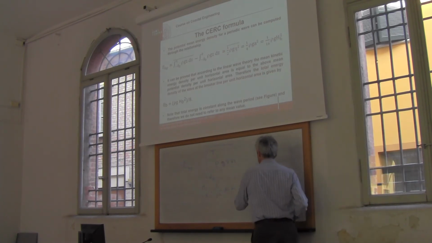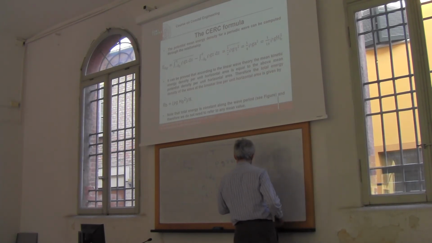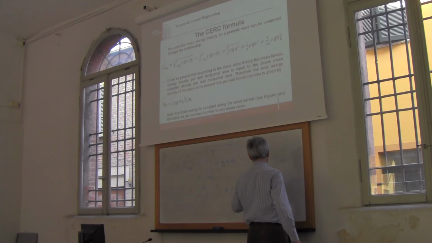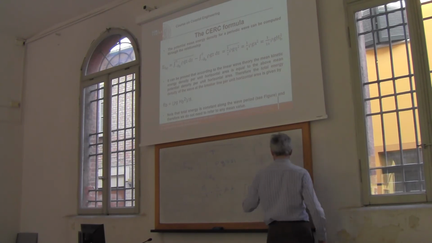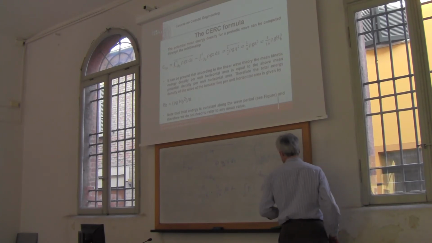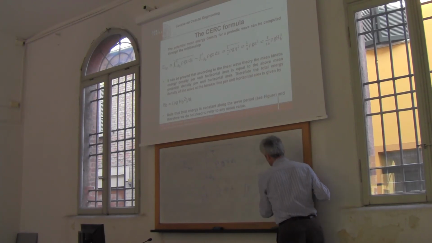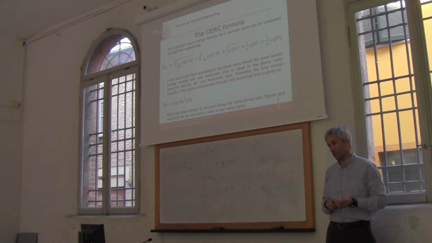Okay? So the unit of energy: it is a force, so the force is mass times acceleration, which means again L divided by time squared, times a shift L. So basically, energy is mass times L square divided by T square. What's the difference here? It's the L square, which means energy per unit area.